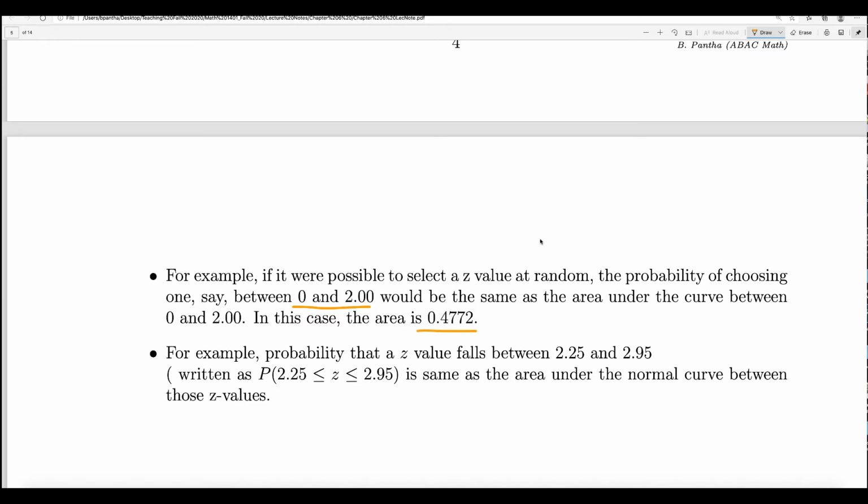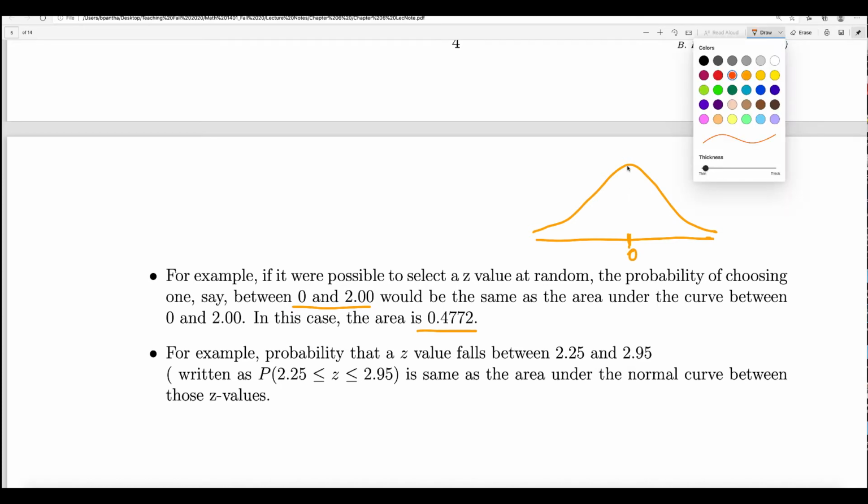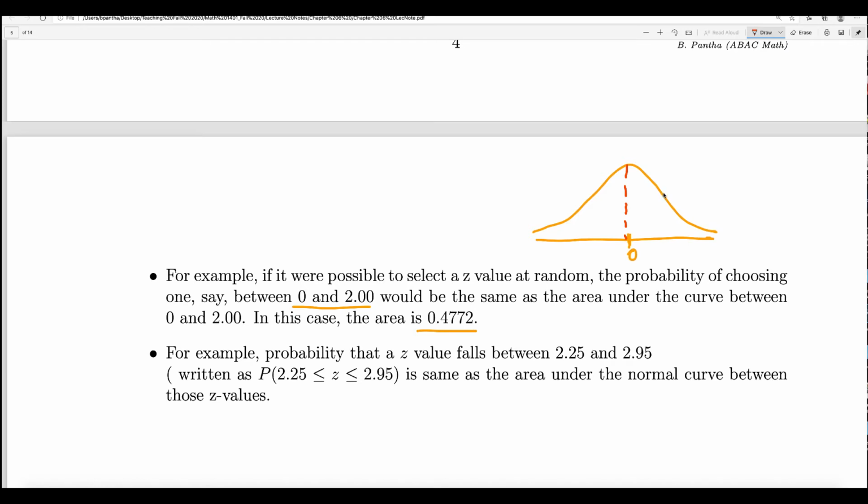Okay, so what does it say? Suppose you have a standard normal distribution, 0 is here, right? So what is the area between 0 and 2? So this is G equals 0. This is G equals 2, right? So the area between these two numbers, 0 and 2, is the same as the probability of picking a number between 0 and 2, right? So you can say that the probability that G falls between 0 and 2 is the same as this area, because you could pick any number from negative infinity